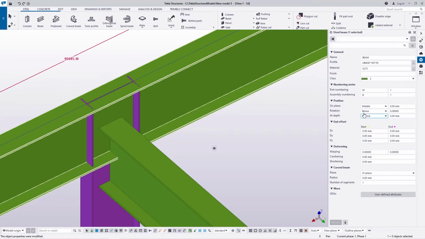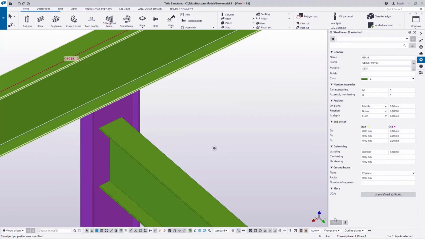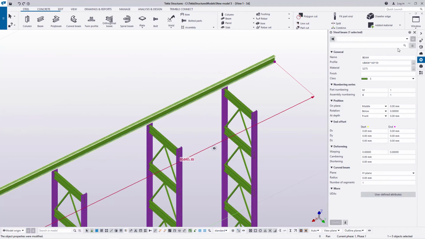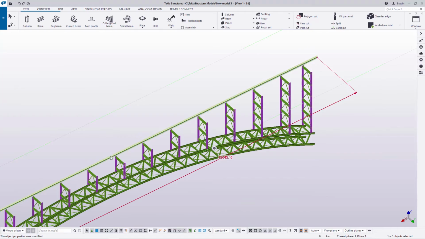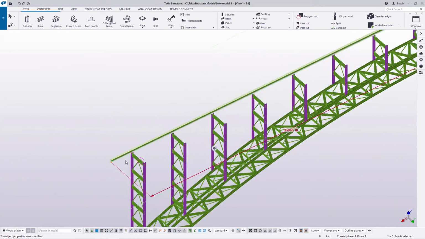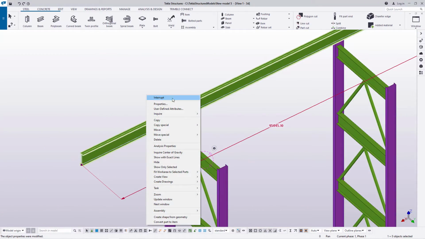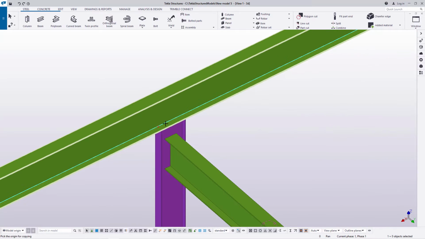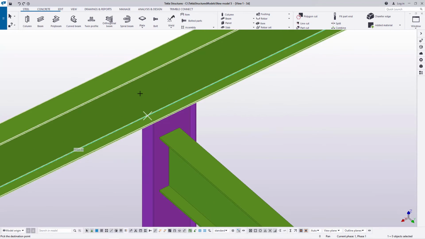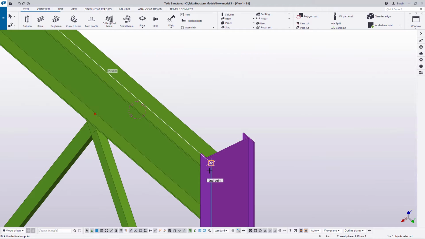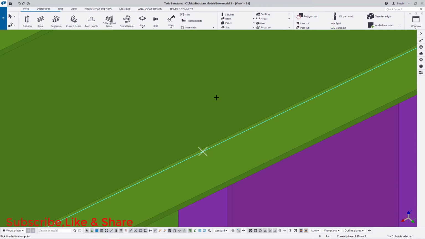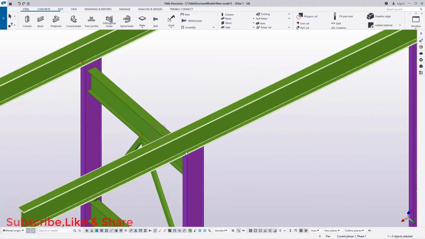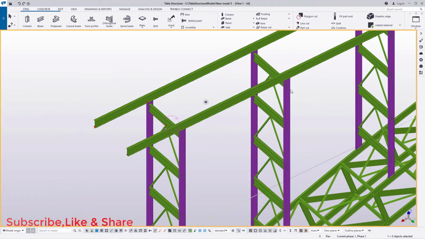Now I'll come to positions here, and I'll change this position. I'll give the front position, and it moves right on the top of the columns. So this is how it looks. And I want to copy it. I need another copy on top of this. I'll select it from that position and bring it here, so that we have 2 beams on top of these